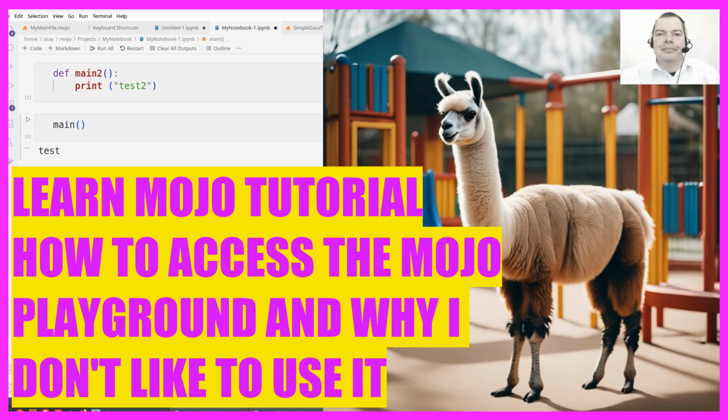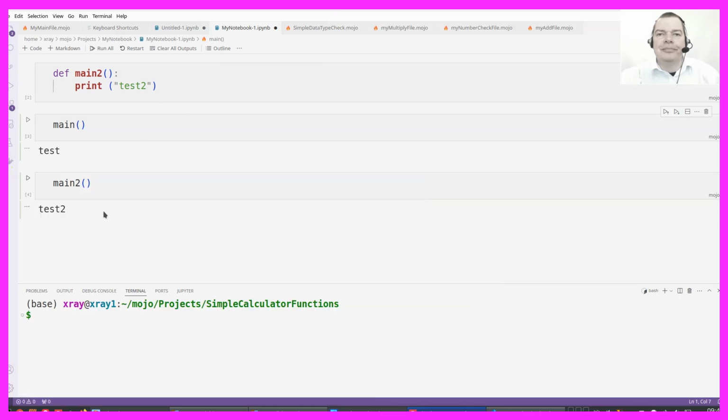In the last video, we used Visual Studio Code to create our first notebook for Jupyter Notebooks. This is the notebook, and often it makes sense to do something on a local machine, but it's also possible to do that online on something they call the Mojo Playground. Actually, this playground is also very helpful when you start out with Mojo because they provide some examples that you can run online, but there is a little problem which we are going to discuss later in the video.